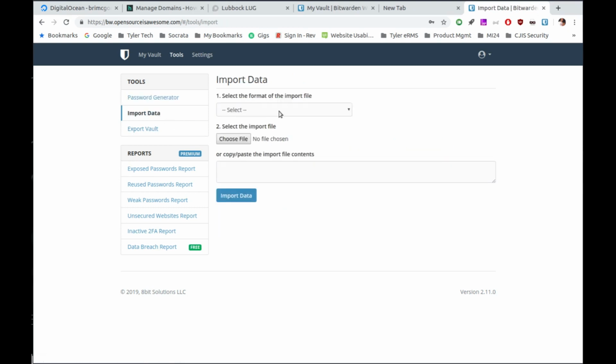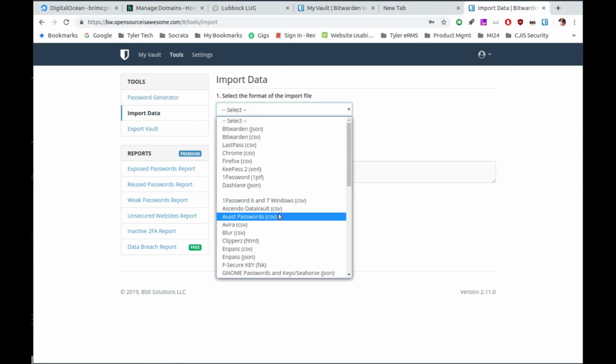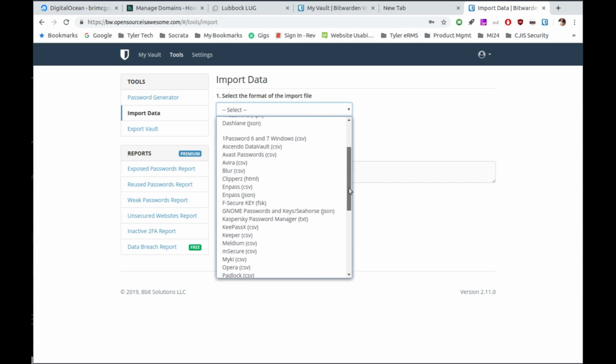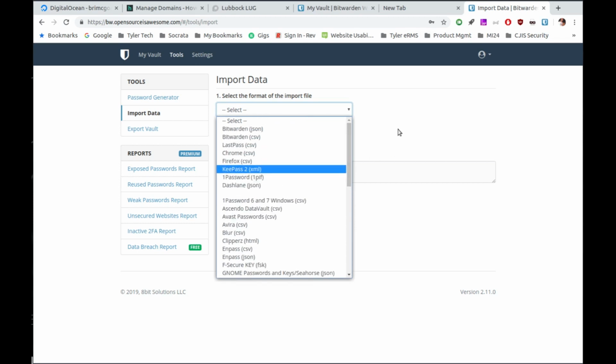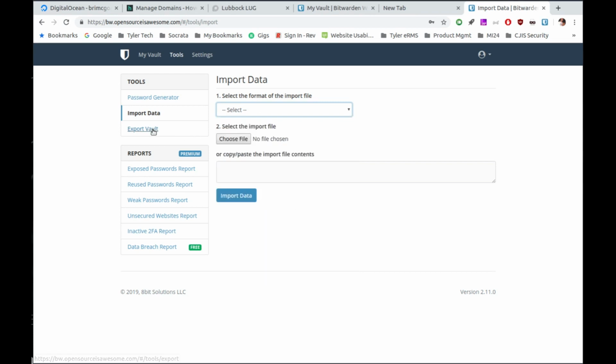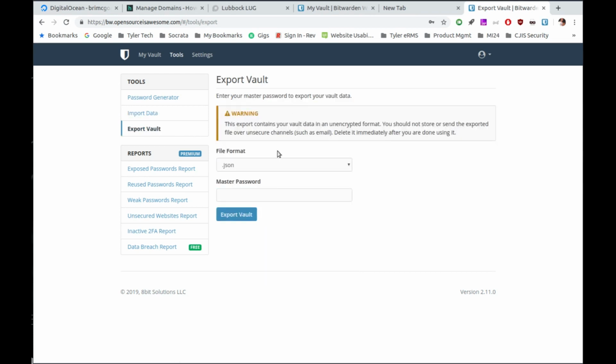So you can import data, and there's all of these different places where you can import data from. So if you've been using a password manager before, or if you've been using the browser, you can get those things out of your browser and import those things in different ways into Bitwarden so that you've got them. I know a lot of people just use the browsers to do that. As you can see, I've done that in the past. I'm trying to move away from that, where I don't let the browser store it, but I actually use Bitwarden for that purpose. You can also export your vaults,